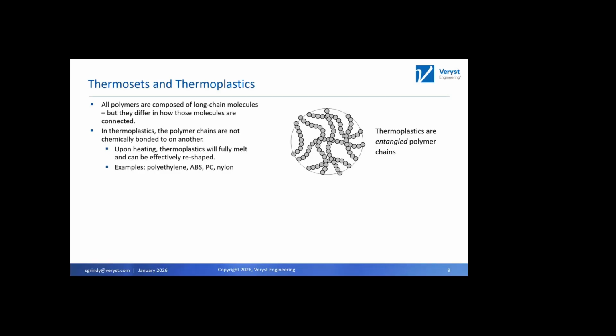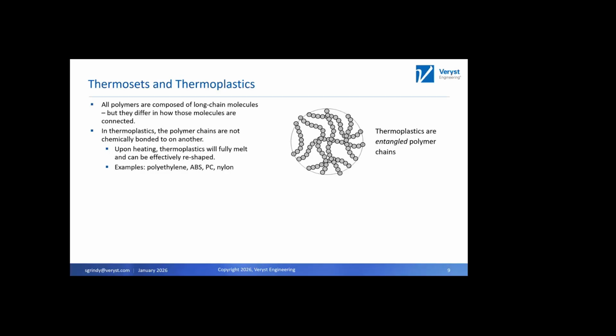The key thing about thermoplastics is that upon heating, they will fully melt, or at the very least soften, and can be reshaped. That's why in a standard injection molding production process, you're almost always using a thermoplastic resin, because you can heat it up, feed it through your extruder, and it goes into a die, then it cools, and now it's the shape of the part that you wanted. Other methods like extrusion have a similar underlying physical process as injection molding,